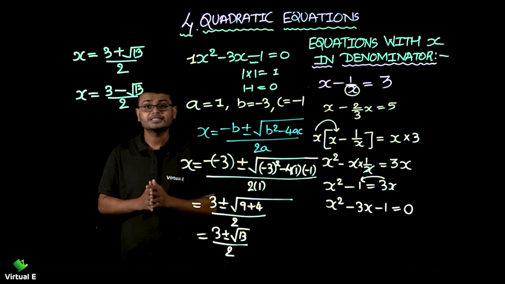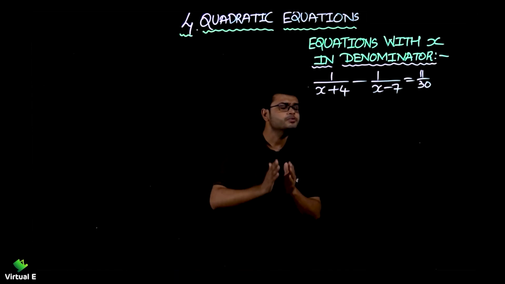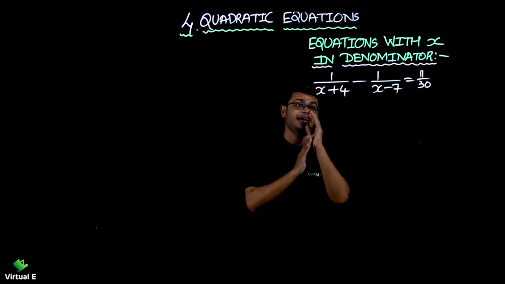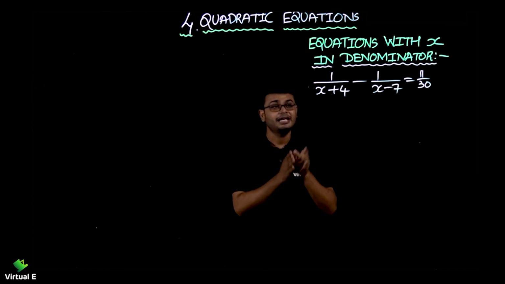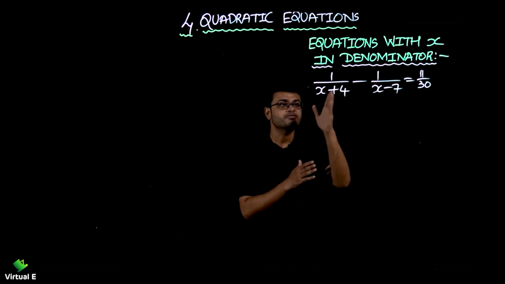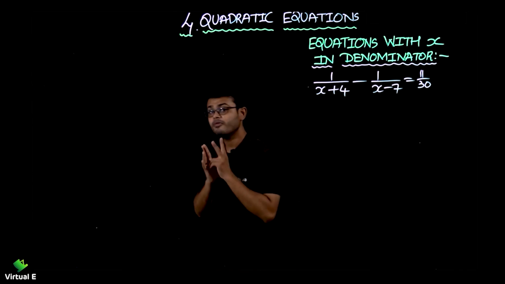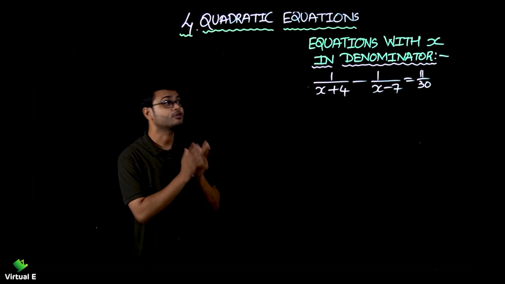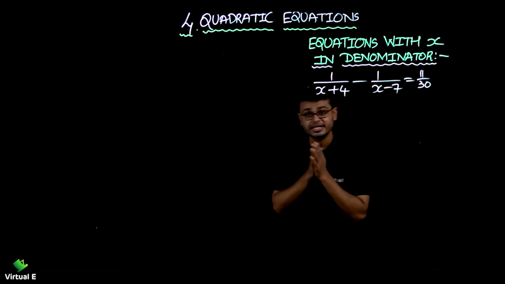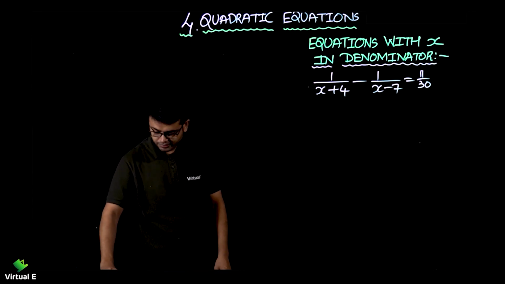Let's do the second sum. Let's discuss another question. In the previous question, there was only x in the denominator, but here x plus 4 is in the denominator, and that is not only one time, it is also there in the second term, x plus 4 and x minus 7. So there are two quantities, two variables in the denominator, two times, also with addition and subtraction. So how to do it in this case, right? Let's start the process. What we are going to do first,